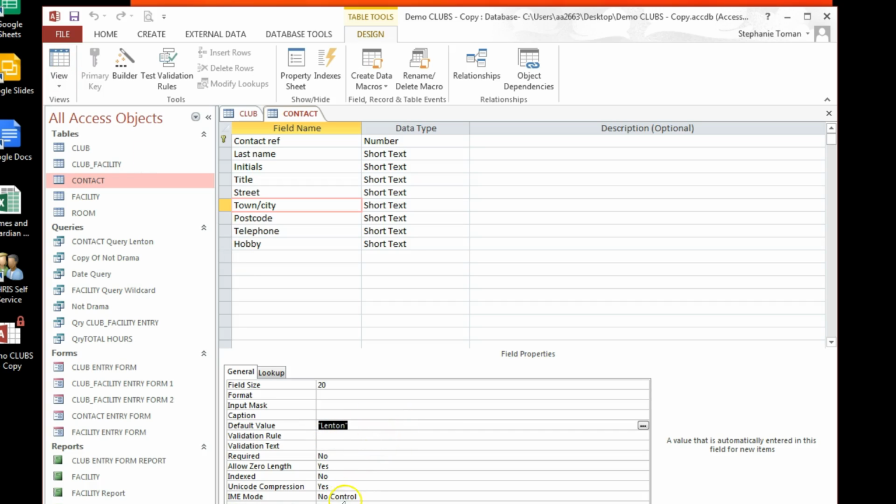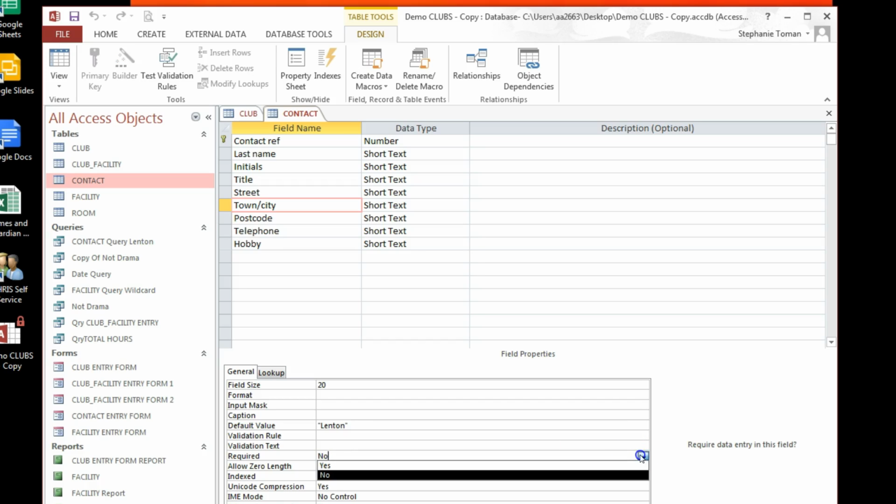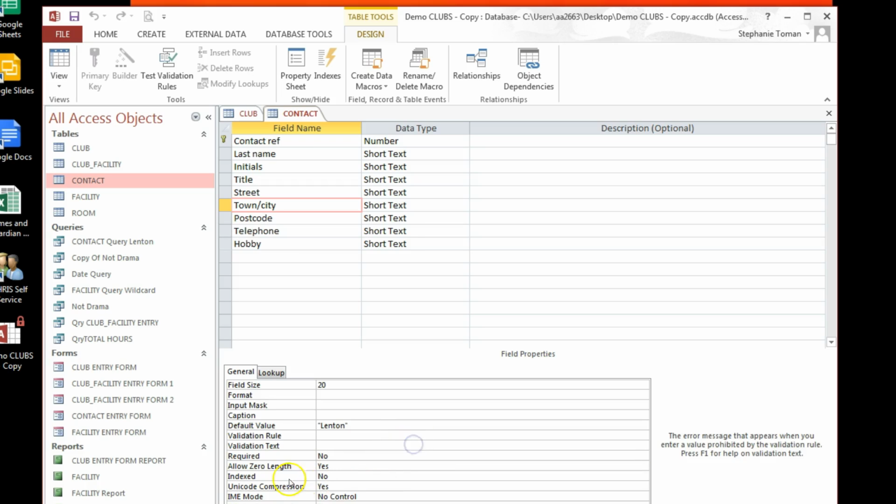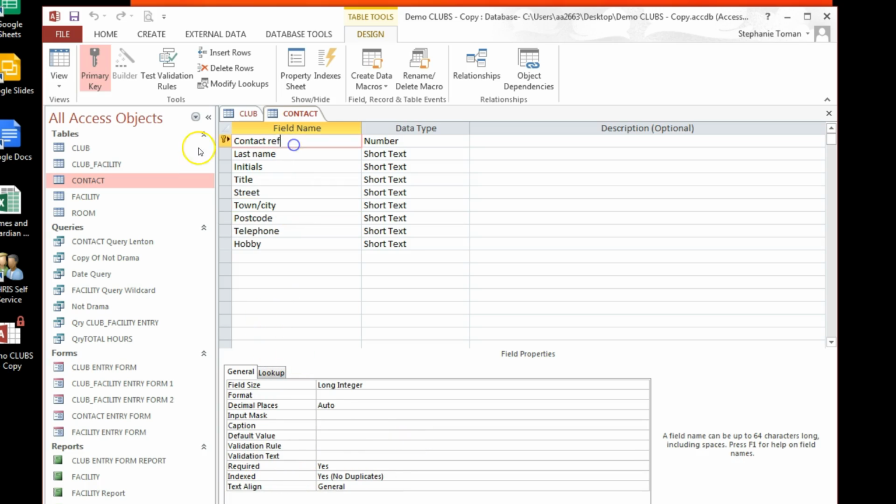The other area to look at is the required. So there's only a matter of yes and no. They ask you to put in a yes for the required, that's what you do, because sometimes a field needs to be completed. And just to go back to indexes very quickly,